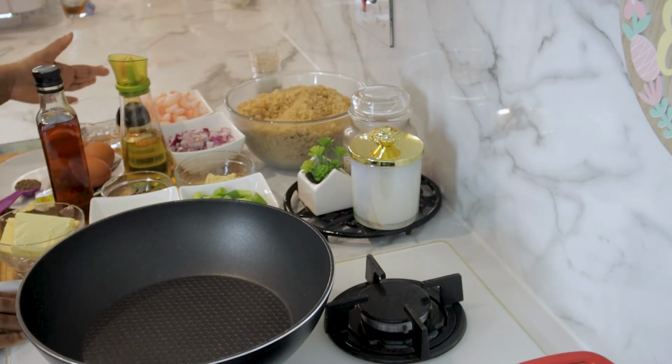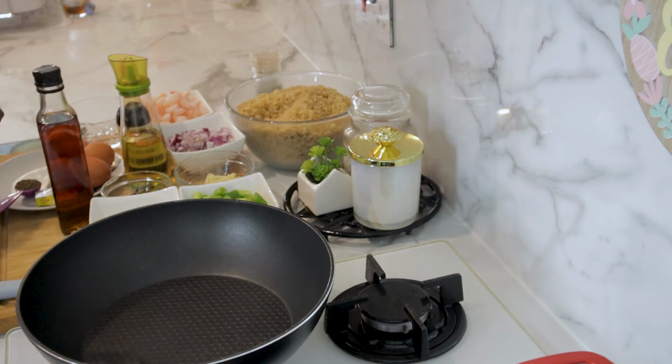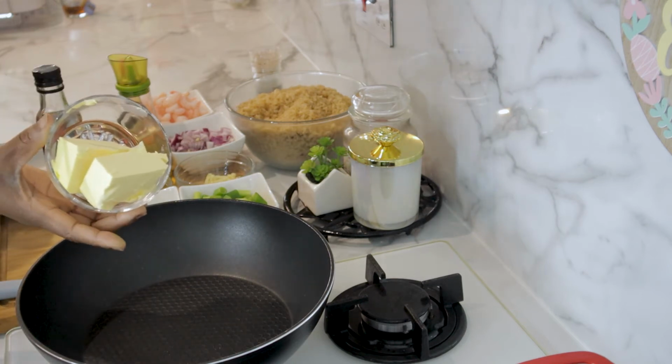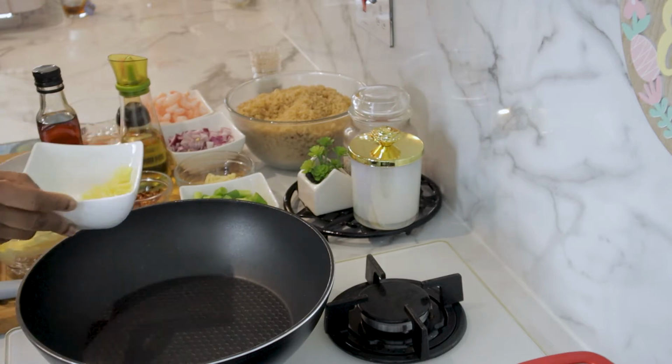Today we are going to have a very nice, quick and easy garlic and butter fried rice. So let me show you my ingredients. I've got some butter here, and in here I've got ginger,